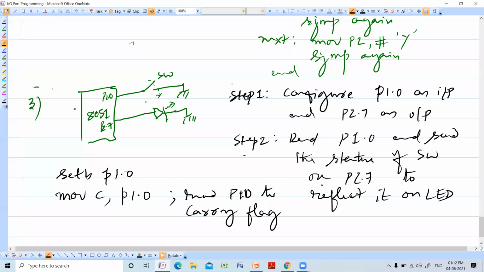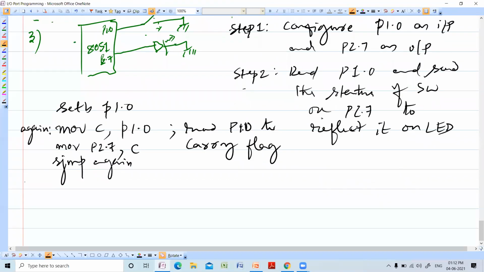Then after reading it, you have to copy it to P2.7. SJMP again. This is the end of the program.